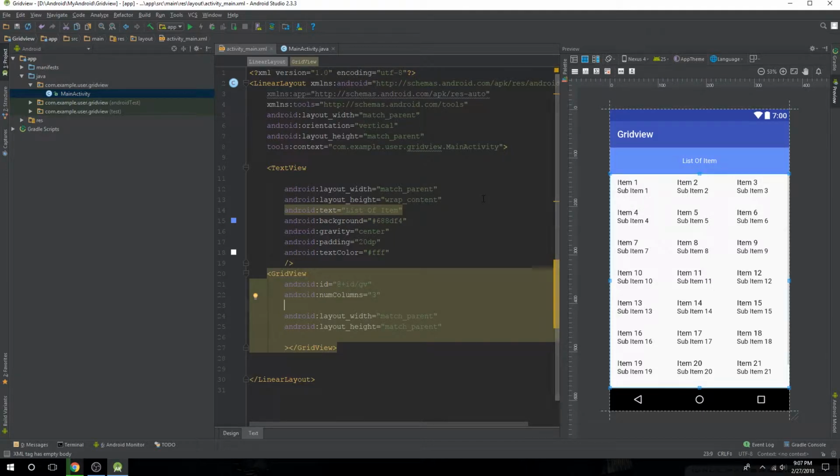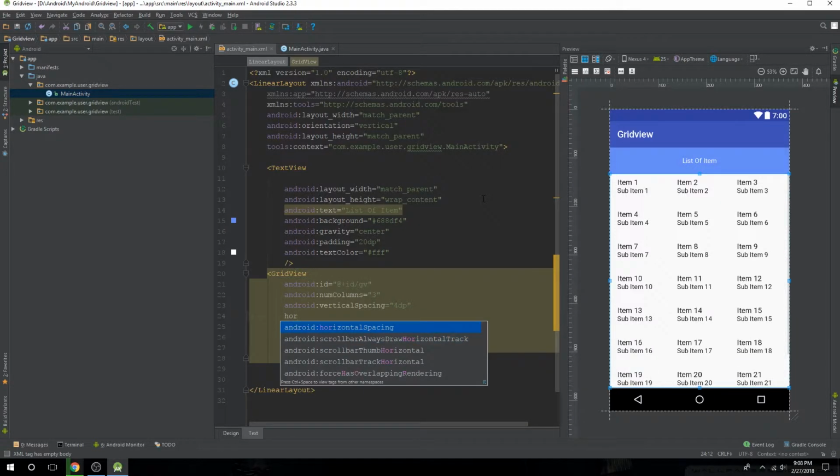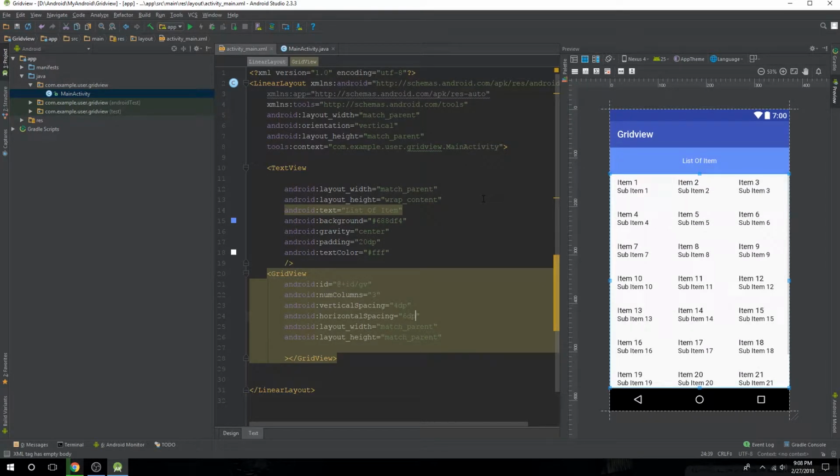So I'm just going to use vertical spacing. Vertical spacing is going to be like 4 dp, and horizontal spacing is going to be 6 dp. Okay. No, 4 dp. Okay,